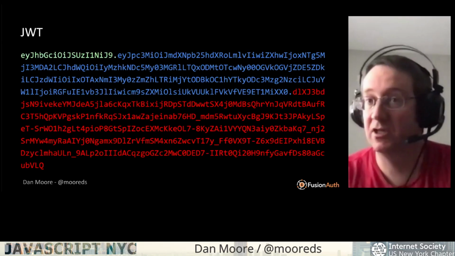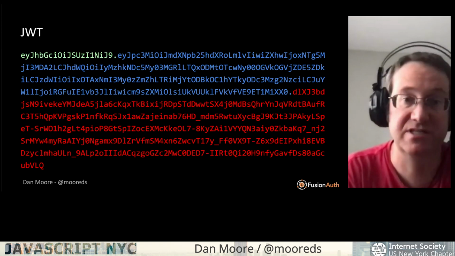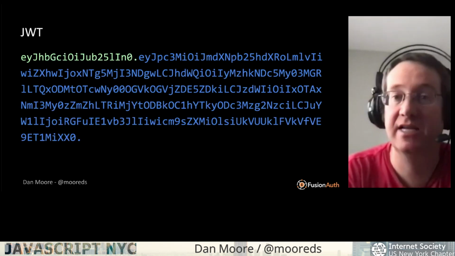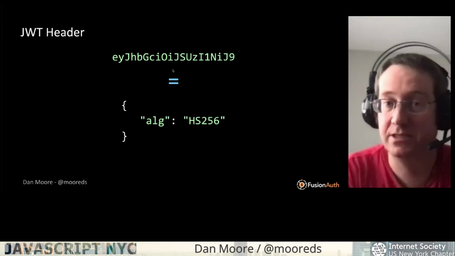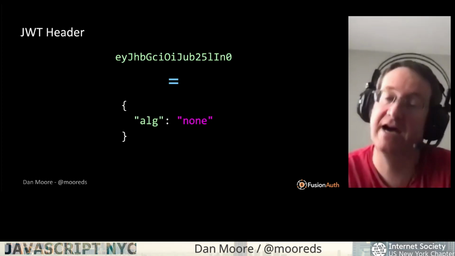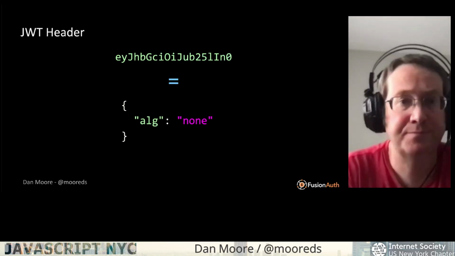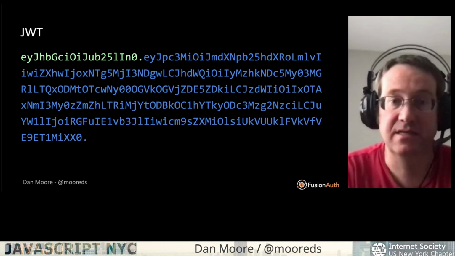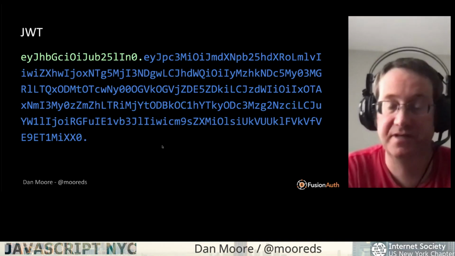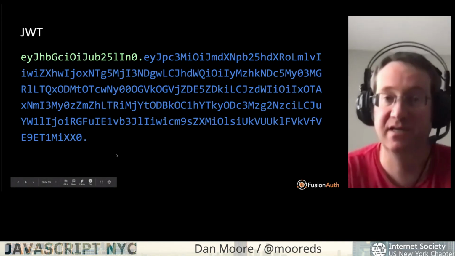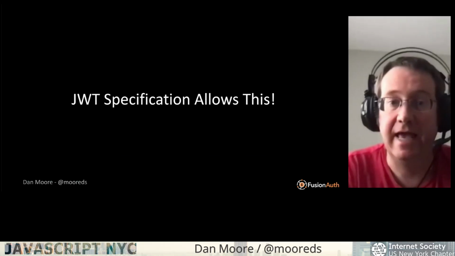So here's a little bit more in depth about dropping the signature. You can get rid of that red part, which is the signature, and that turns the JWT into this. Again, the header is still there, but it changes the algorithm. Making this particular choice changes the algorithm to none. And the payload stays the same. So whenever you see a JWT that's missing that third clause, that's what you're seeing as algorithm none. The specification allows this, and